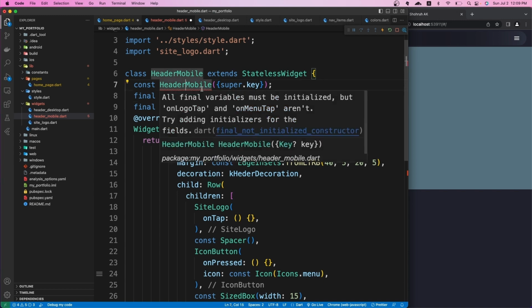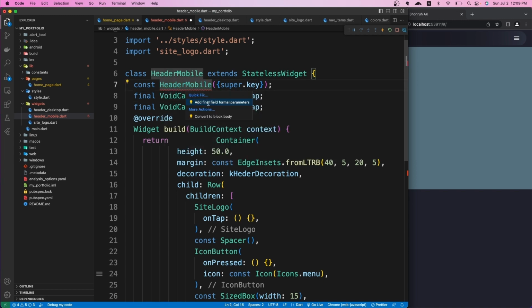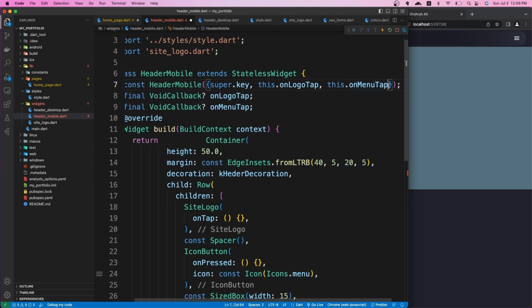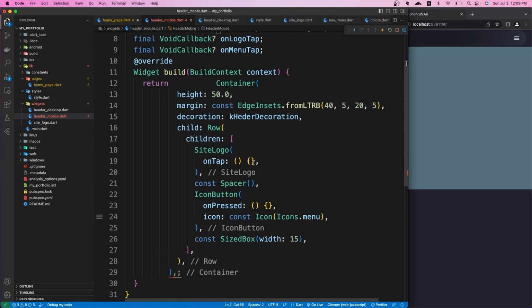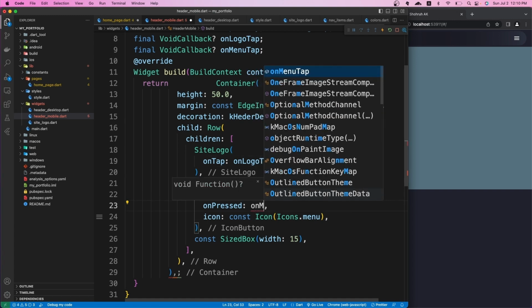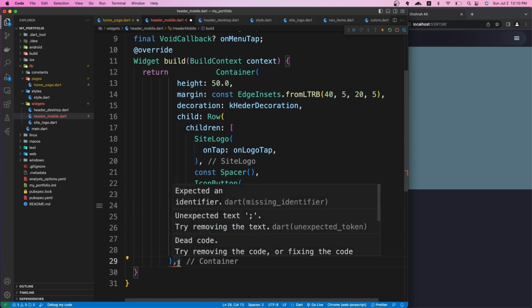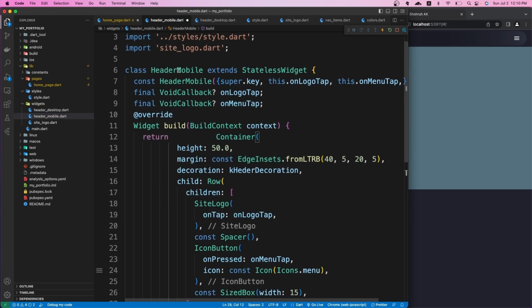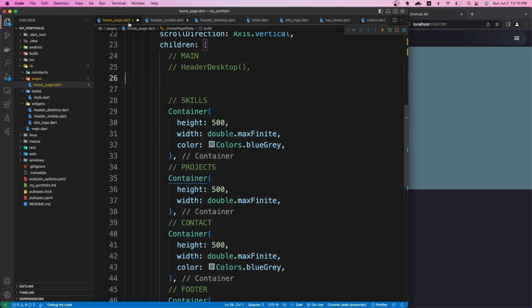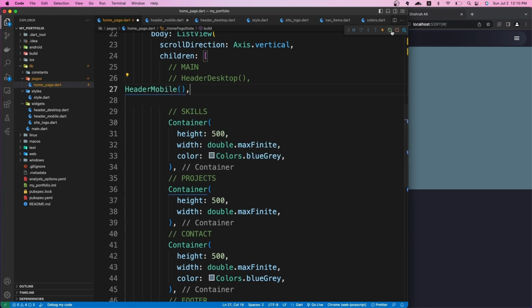And we can use VS Code's extension to put all of it. Okay, you can see here. And what I want to do, I will come down here, site logo. For the site logo, I can say onLogoTap. And for this one, I will use onMenuTap. Let's remove this to get rid of the error. And we can get this header mobile, come to our home page again, and put it here. Just like this. If we import it, and if we reload the page,